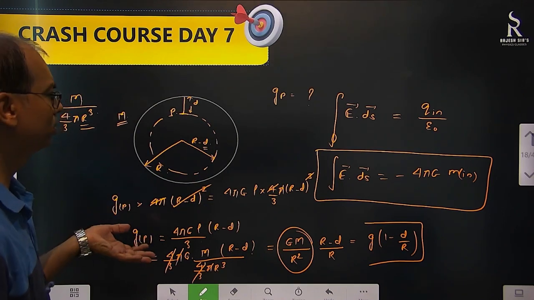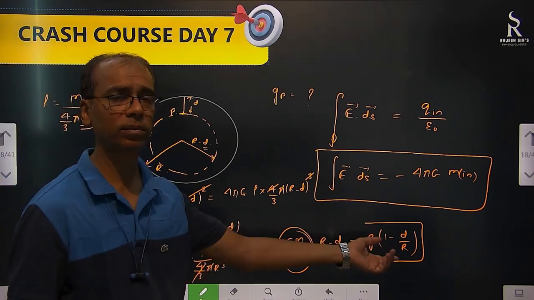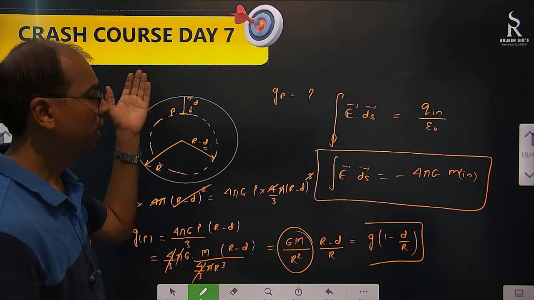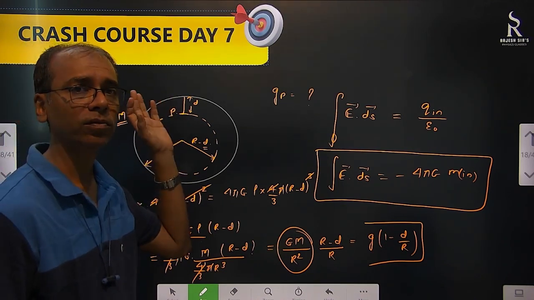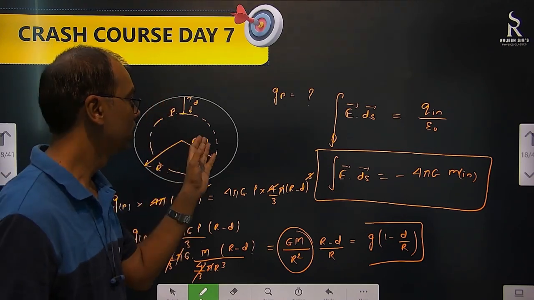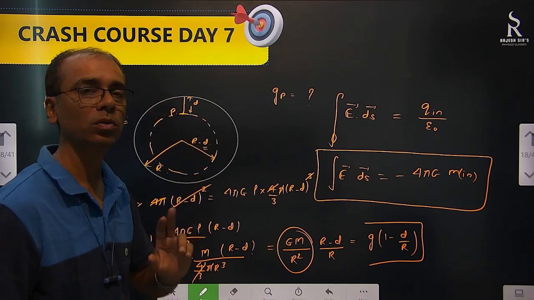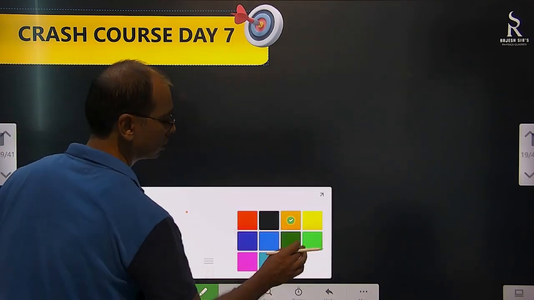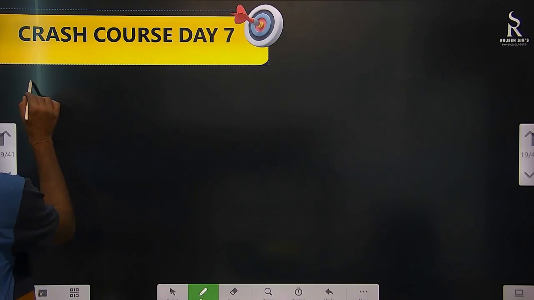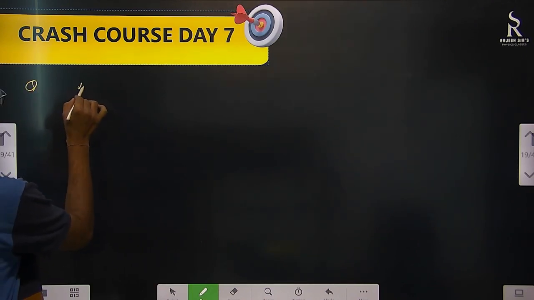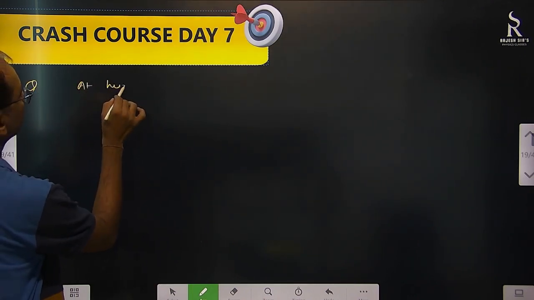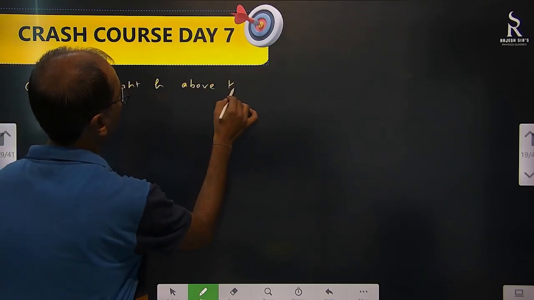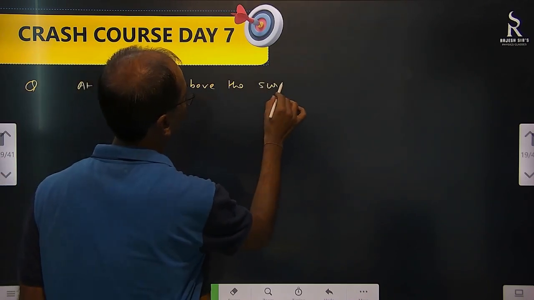Now, in this one also, many questions are there. They will ask you a direct answer, or sometimes they'll ask you at height h, whatever is the value of acceleration due to gravity, the same value we have found inside. So what is the relation between d and h? We'll do that question. See, the question is: at height h above the surface of earth,